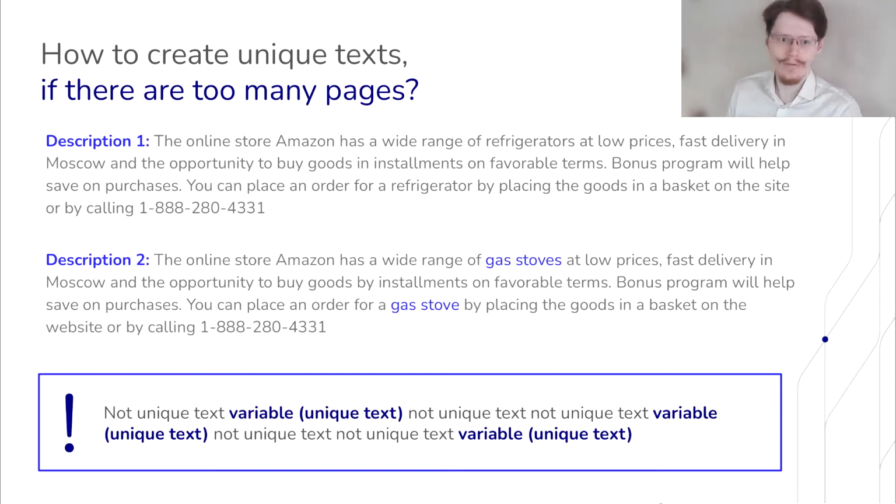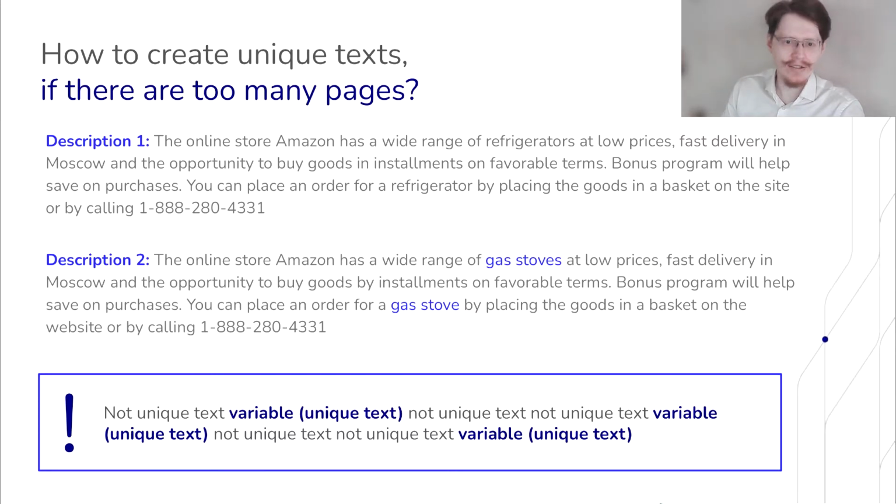So let's move on. How to create unique text if there are too many pages, for example, if you are a large marketplace like Amazon. You can use not a unique text, but surround it by variable unique text insertions. Those might be, for example, prices or some description of your item, for example, color.